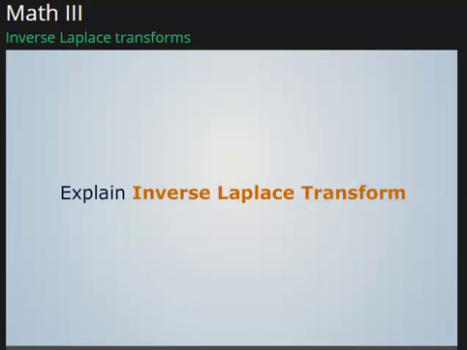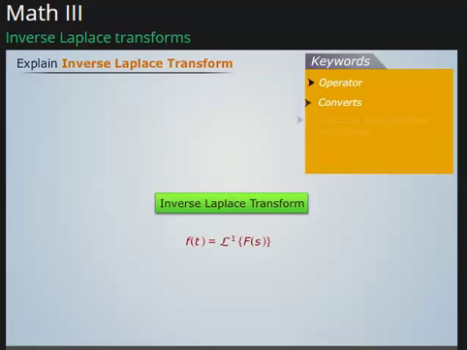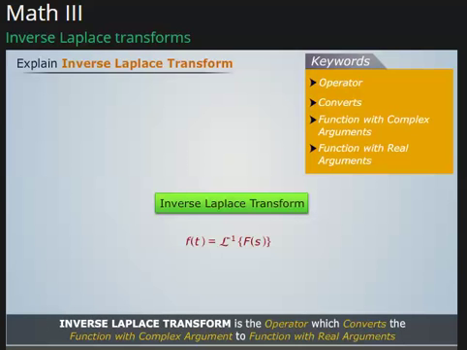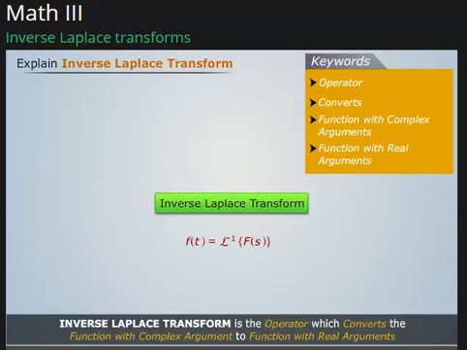Explain inverse Laplace transform. Inverse Laplace transform is the operator which converts the function with complex argument to function with real argument. This is given as,